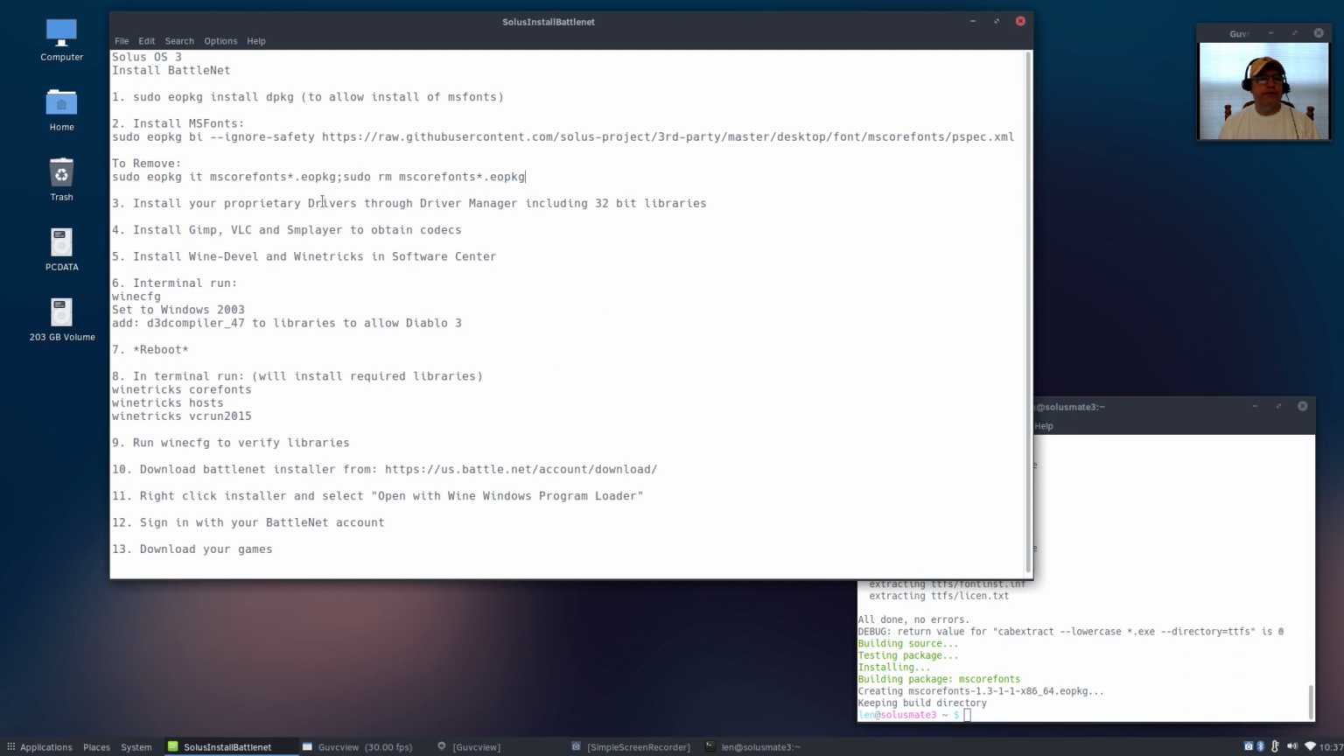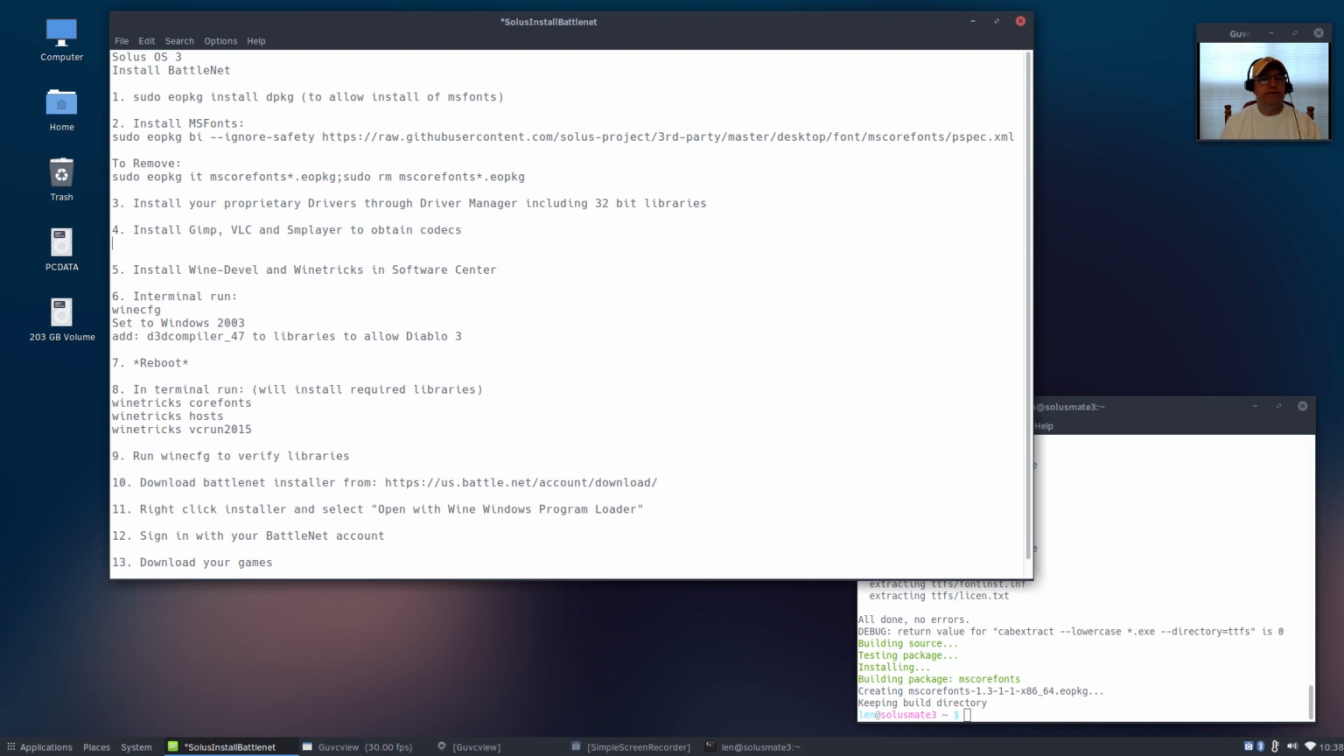Okay, so once you have your drivers installed and your 32-bit libraries, then I want you to install Gimp, VLC, and Smplayer. That brings in a multitude of other codecs. So let me give you the command for that. Sudo eopkg install